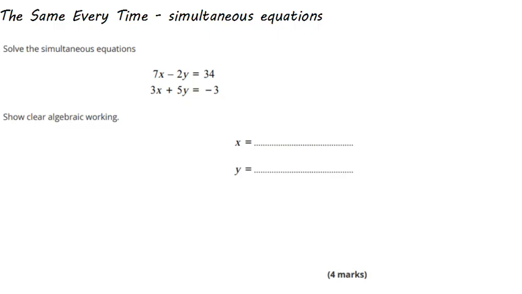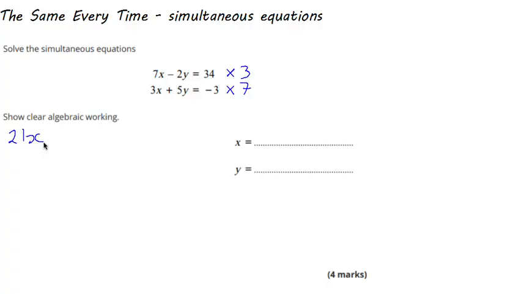Following the method here that I've shown you before, we multiply the first equation by the x number of the second equation. The second equation, 3x. So I multiply my top equation by 3. In the top equation, the x number is 7x. So I multiply my bottom equation by 7. So multiplying everything, multiplying all the way along by 3. So 7 times 3,